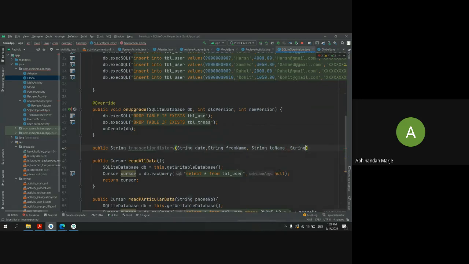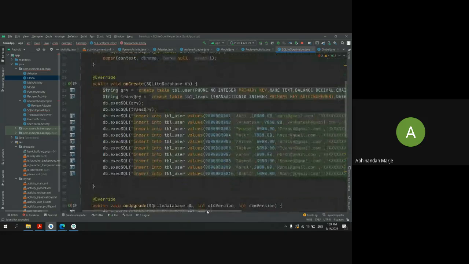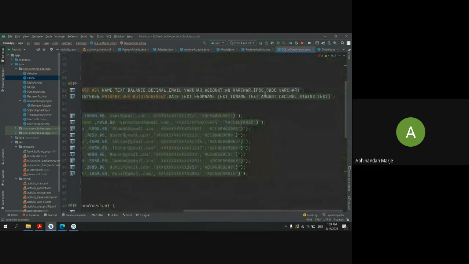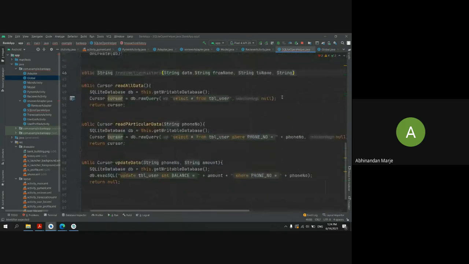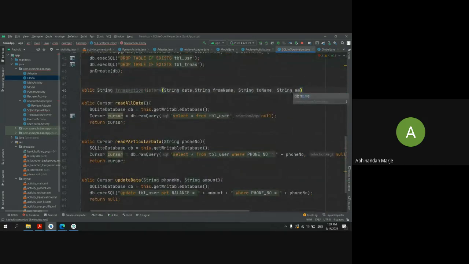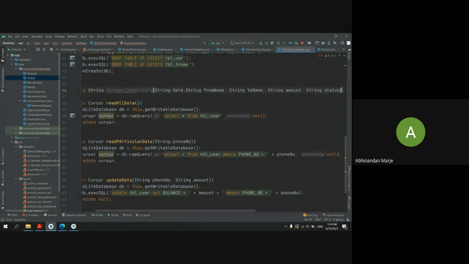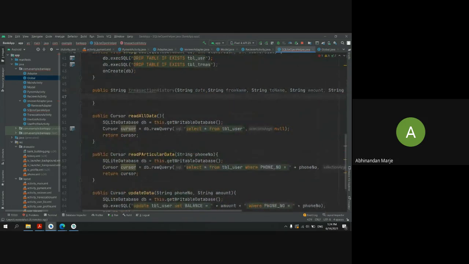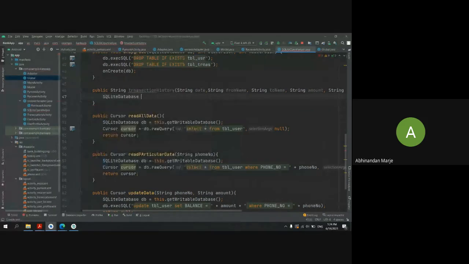Another thing I want next: I got the date, from name, to name, the amount and status. Doing this, I will create one SQLiteDatabase, getWritableDatabase.